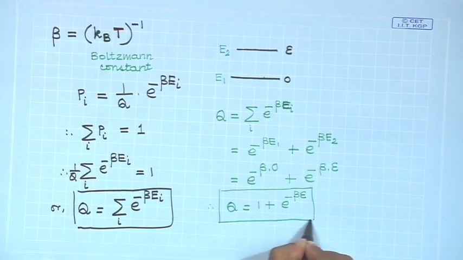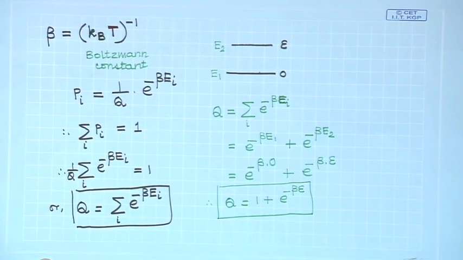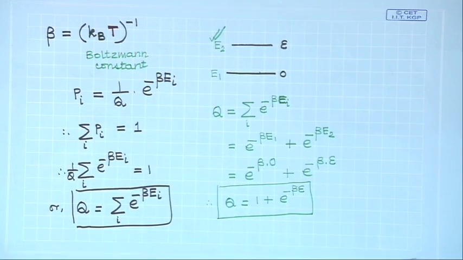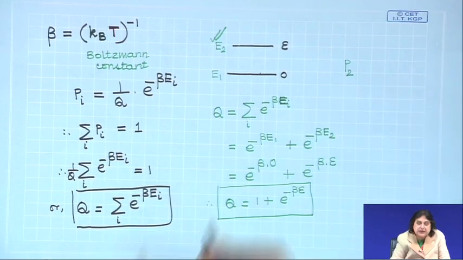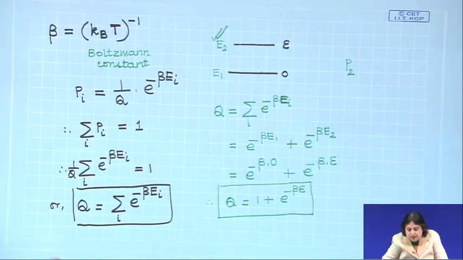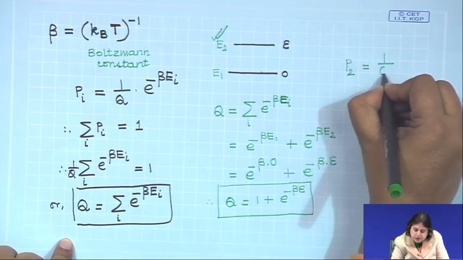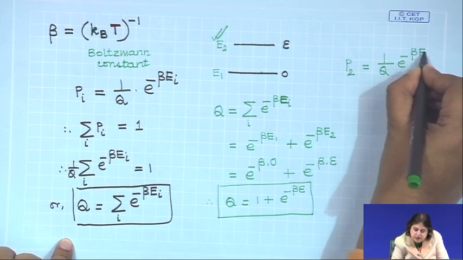So, this is perfectly simple. Then if I ask the question, what is the probability that this system resides in the upper energy state E2 at a given temperature T? Then the probability that the system occupies the upper energy state characterized by the energy E2 will be given by 1 by Q into e to the power of minus beta into E2,